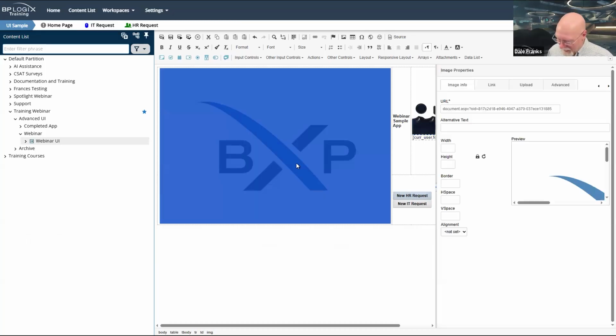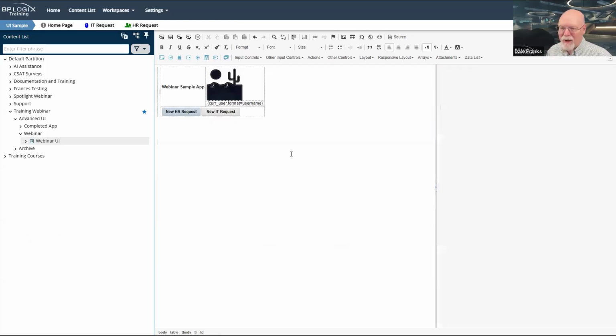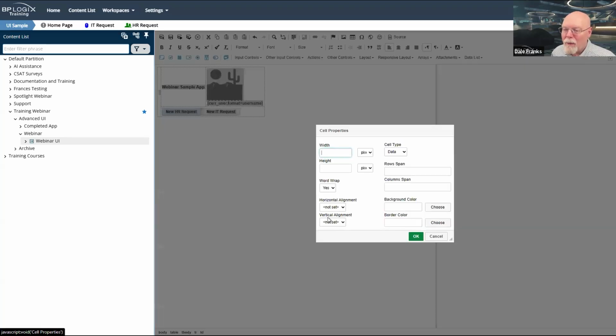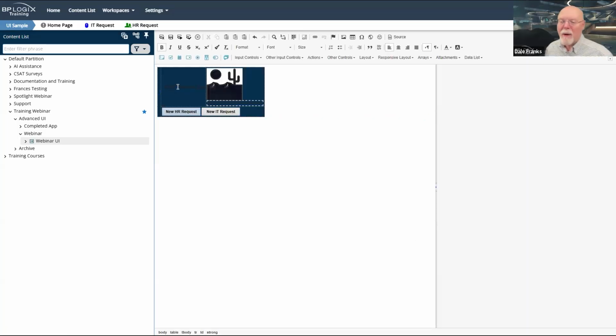It gives me all of my items. So I am going to delete that logo. I've decided I have something better. Okay, I've got the table. So I'm going to have to make some changes to this table now that I've copied it over. Let me copy everything. Cell and cell properties. And let me set my background color as 082F4D again. All right, I've got my colors.